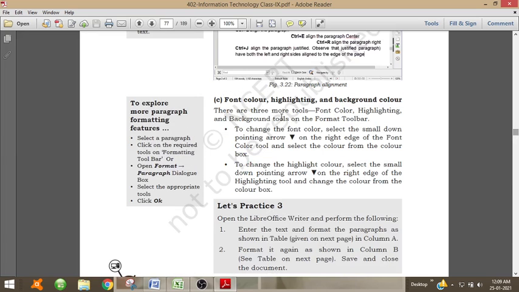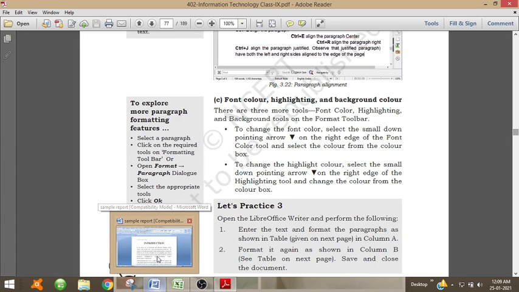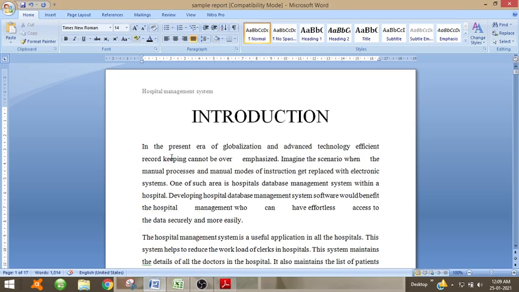Next is font color, highlighting and background color. We can change the font color of a particular font. Here the letters are typed in black color. Now we can change the font color.